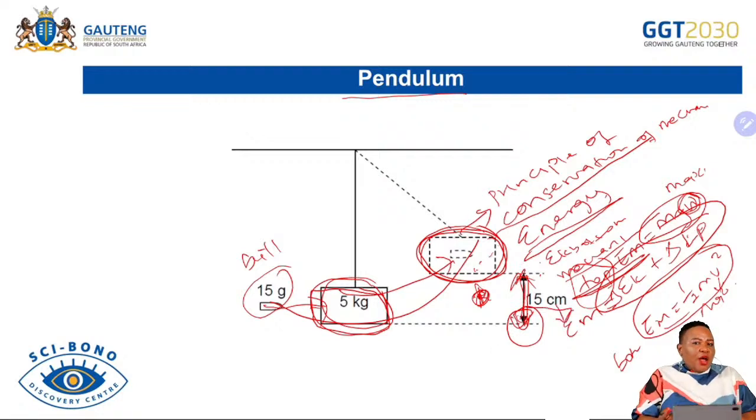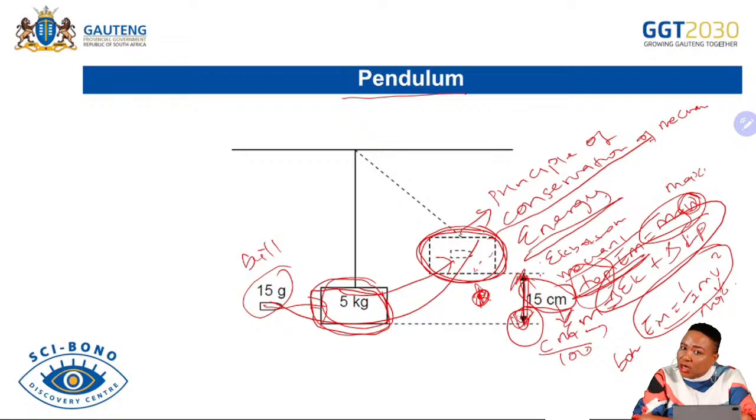Already we know that when you are given units which are not SI units, it is very safe for you to firstly start by converting the units. If you are given centimeters, to convert to meters you must divide by 100. I know you are mostly used to millimeters that you divide by 1,000, but definitely you must know how to deal with picometers, centimeters, millimeters, so that you know how to convert to meters, because we know that meters are our SI units for distance or height.